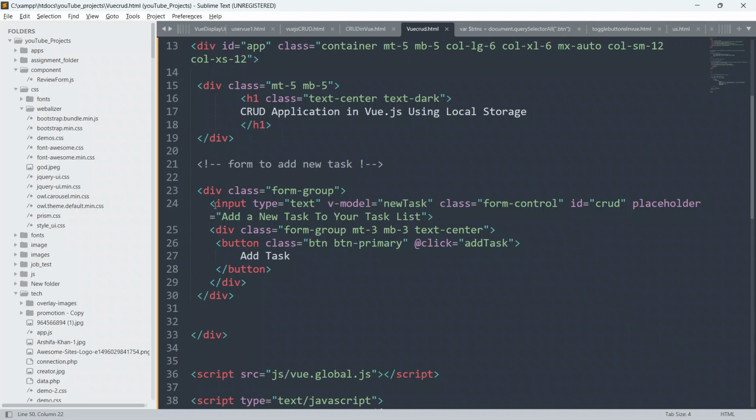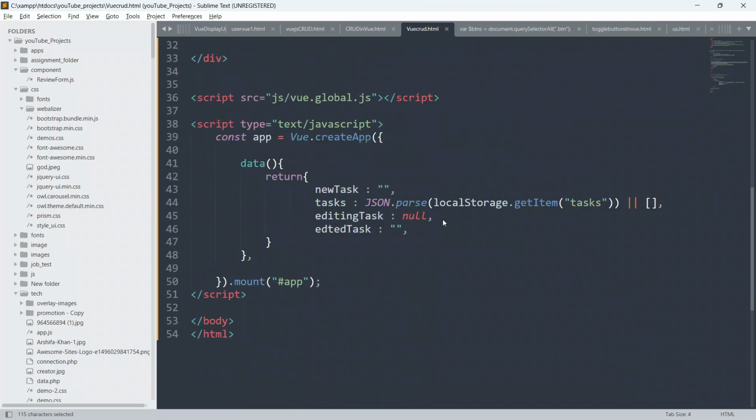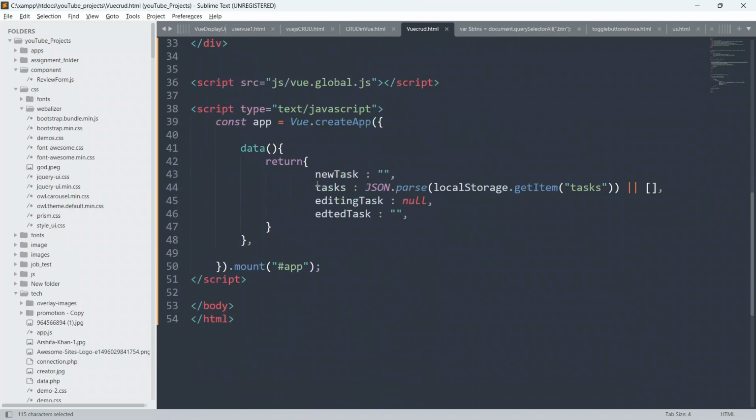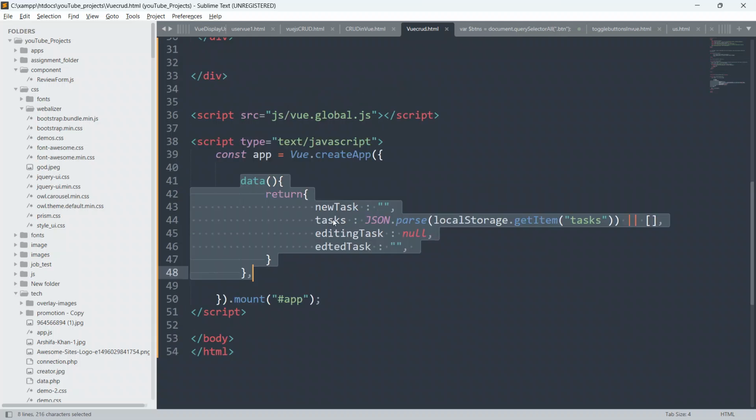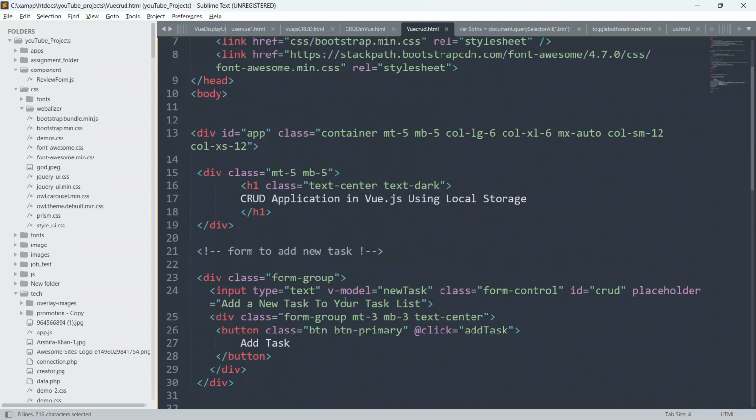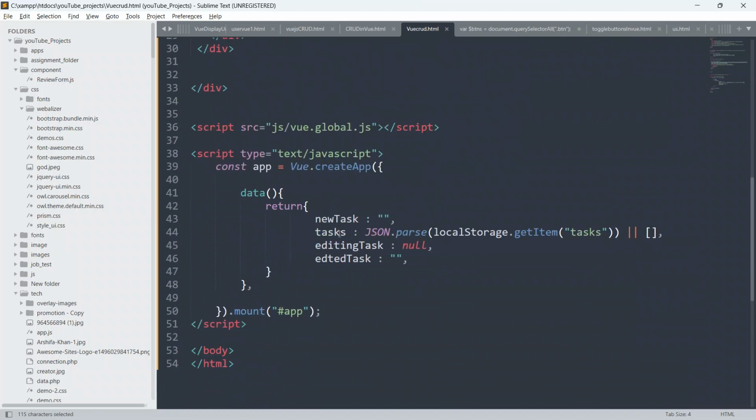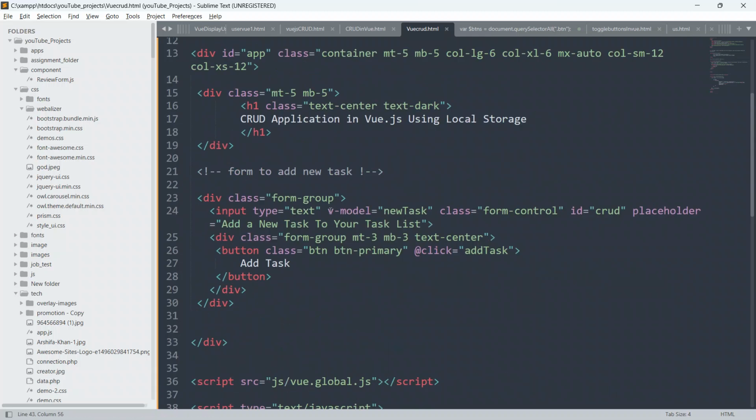Now this input field is bound with this instance of Vue.js, attached with this newTask. Whatever you put here, you will be able to see this text in the input field also.